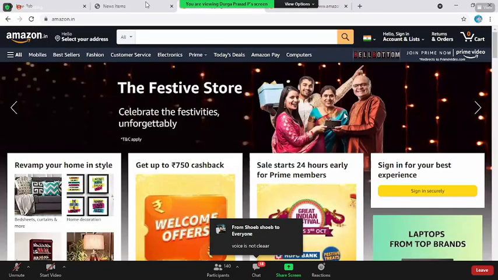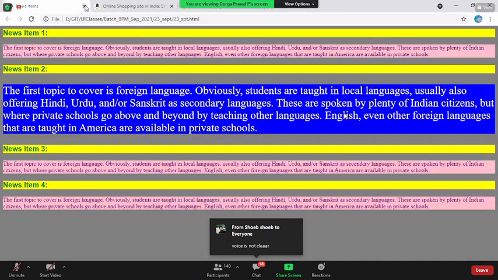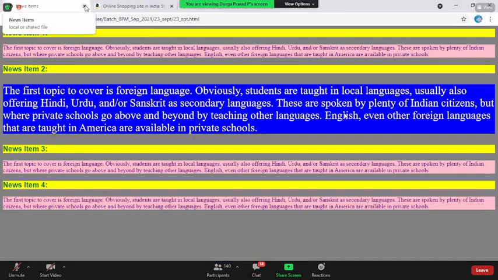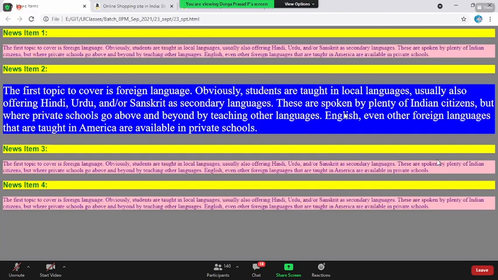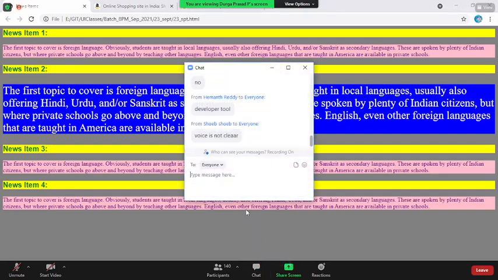Earlier days, whenever we wanted to go with the debugging tool, we had to manually install it. But nowadays, the developers of the browser understand that this is a very common thing which is needed for every other developer. That is the reason they are making the developer tool available by default for every browser. Whenever you are installing the browser, you are even installing the debugging tool by default.